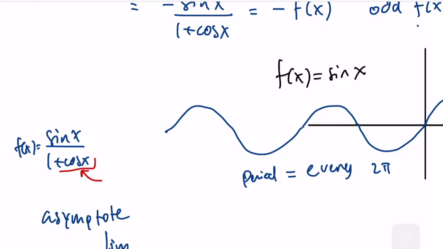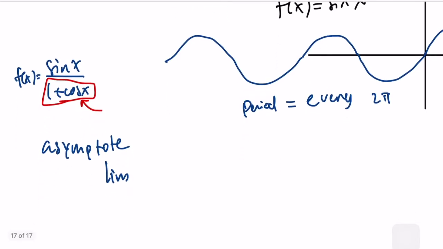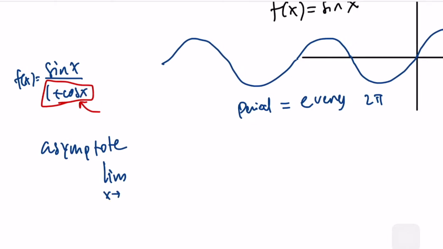It depends on this bottom equation here, right? That means if we have some n pi, as x approaches n pi, where n is an odd integer, in this case,